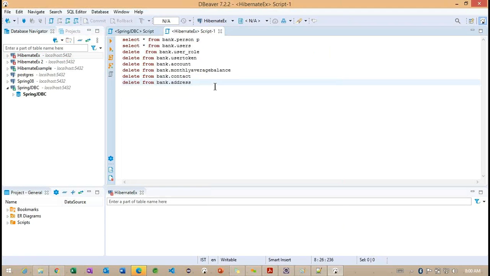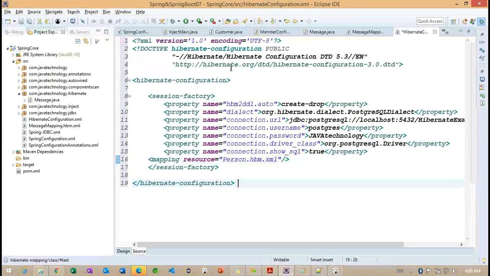Okay, I will update you tomorrow on why this database is not being created. I need to do some research on this, and we'll continue the same example.